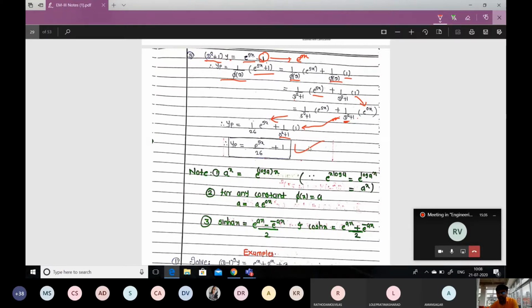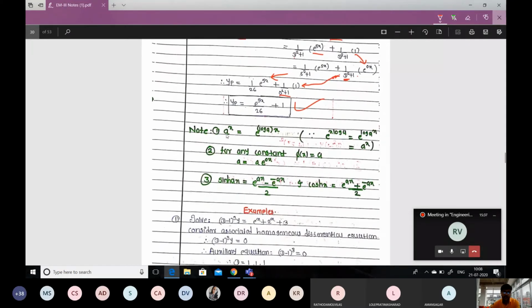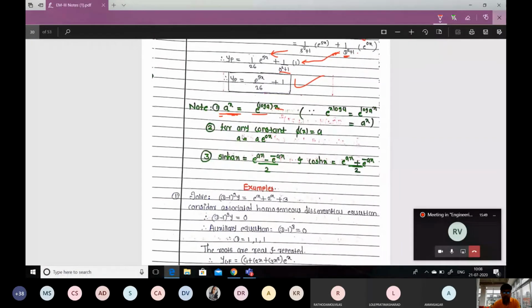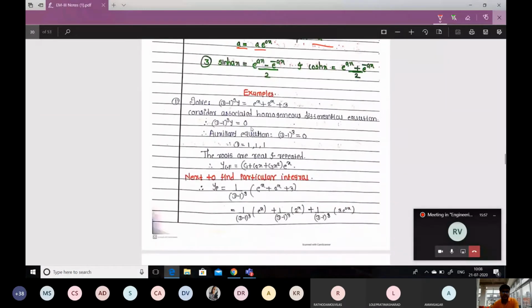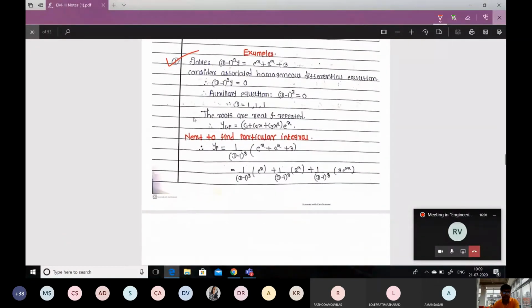That's the particular integral. And here I have listed some modifications. If there is an e to the power x, then you have to replace it, or you can say it is the same as e to the power log of a times x. So you can use the formula for that exponential function. And if there is a constant term a, then you can write a as a into e to the power 0x, and a you can take outside. And we have already seen two examples based on this shortcut method, formula number 1.